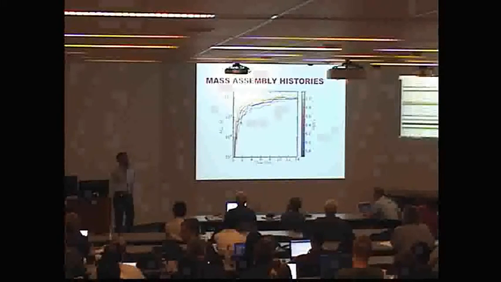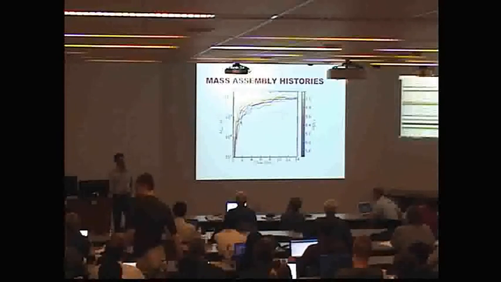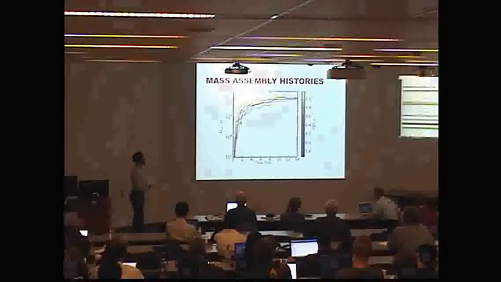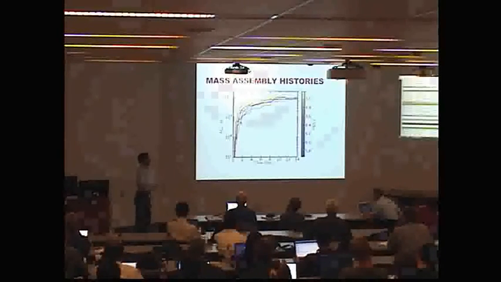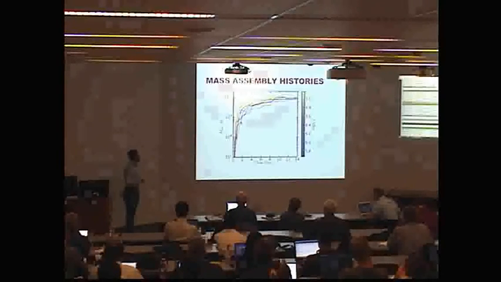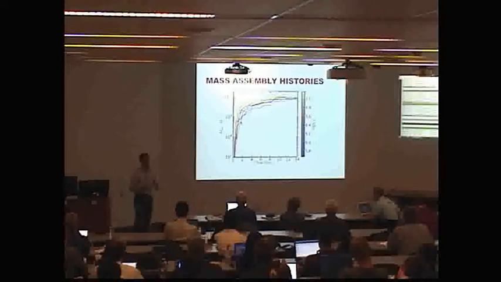So if we combine those two, the mass assembly history and the stellar mass, here it's colored by the stellar mass at z of 0. We notice that there's not much of a strong correlation between the two at z of 0. But if we focus on earlier times, on these early assembly times, we notice that the halos that are assembling more mass earlier correspond to halos that are going to have more stars at z of 0.